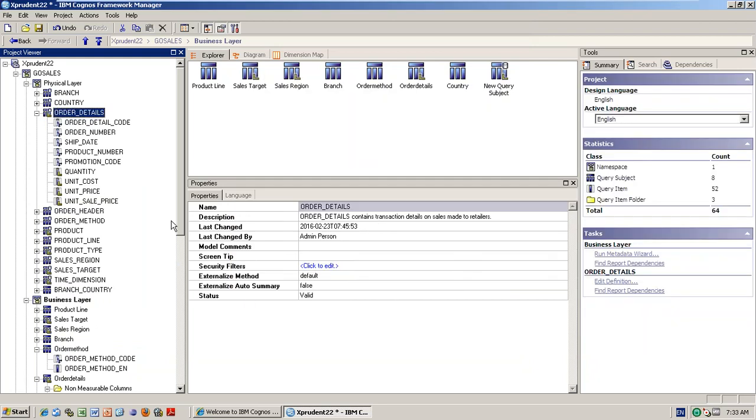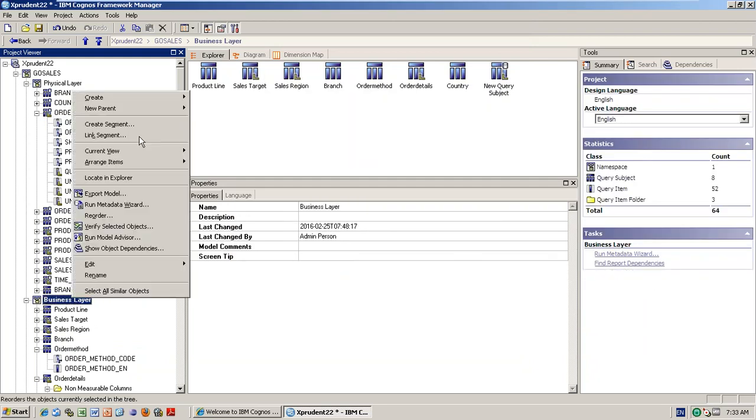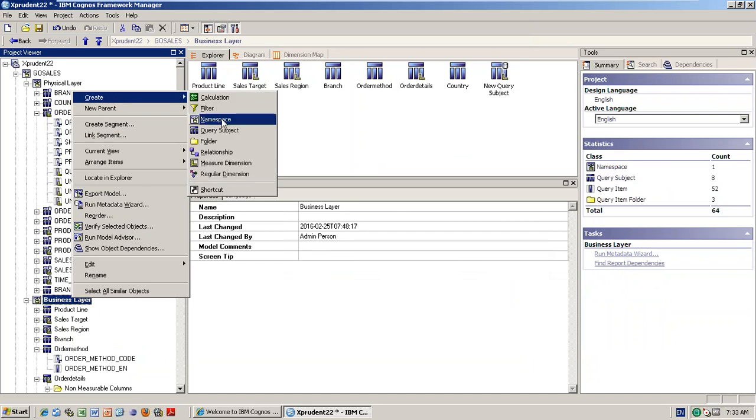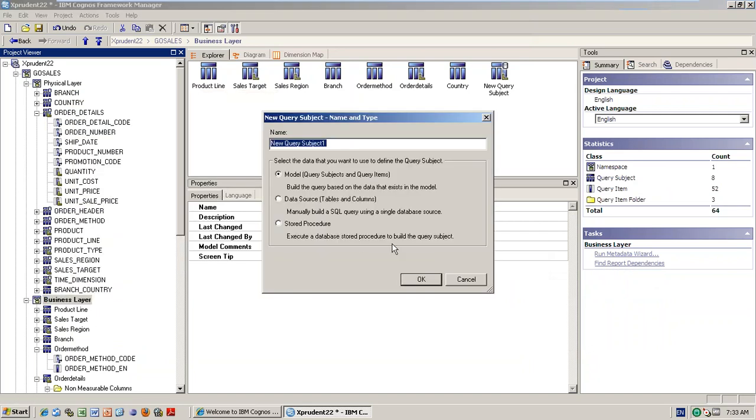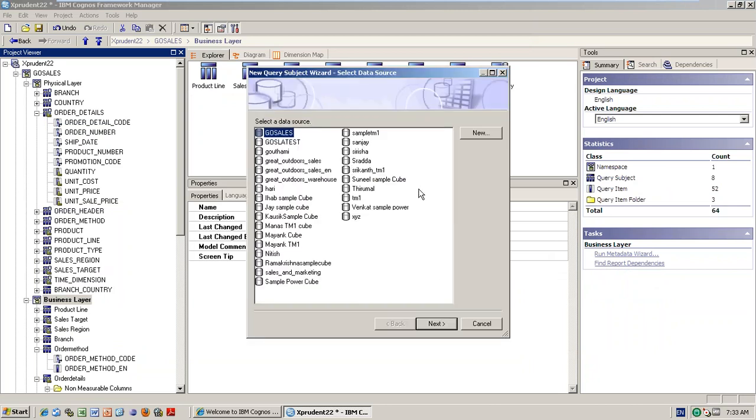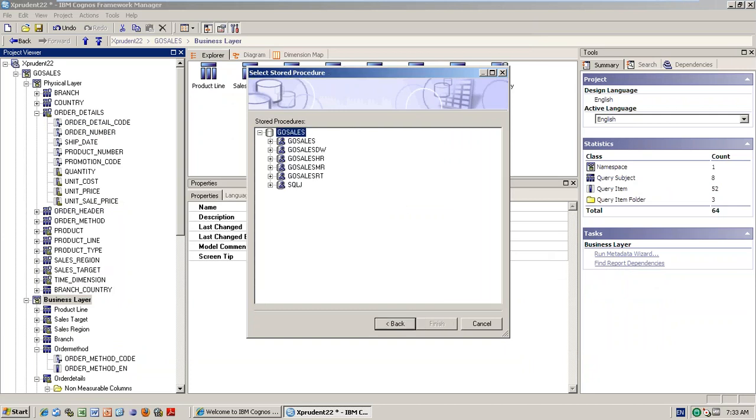So you just upload once again a stored procedure subject. You can rename it. Go Sales next, and it will ask you two parameters. Any stored procedure has to pass some parameters. These stored procedures will be created by the database people.